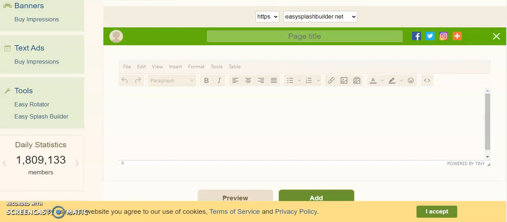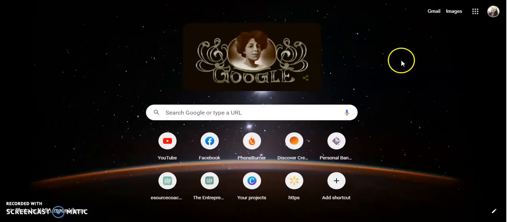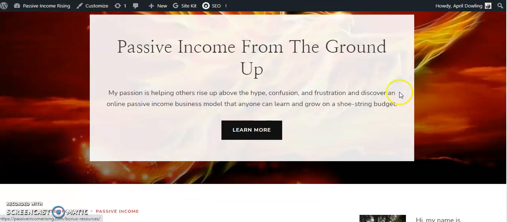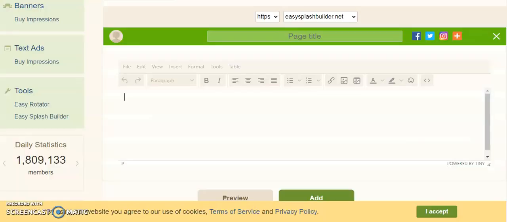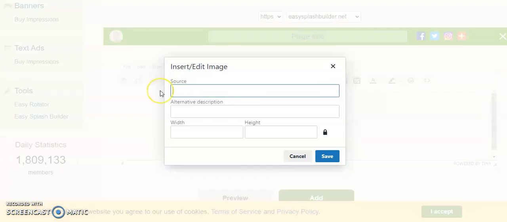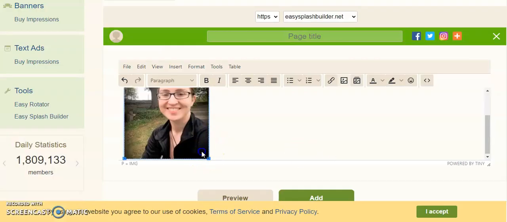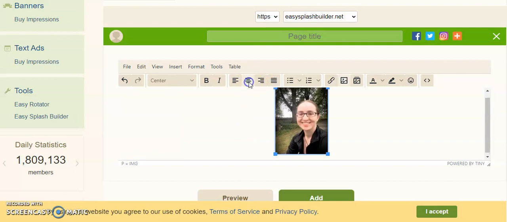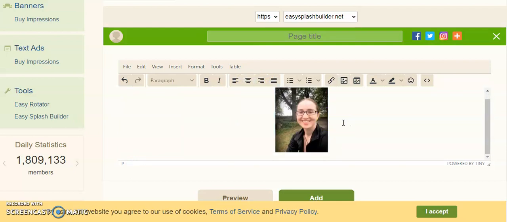So I'm going to go over to my blog and I'm going to grab an image of myself off of my blog. So I'm just going to right click my picture, copy image address. Now you don't have to put an image of yourself if you don't want to, but I recommend it. But like I said, not totally necessary. So I'm going to go and insert an image of myself. And I'm going to make it smaller, and I'm going to center it. And then I'm going to put underneath of it